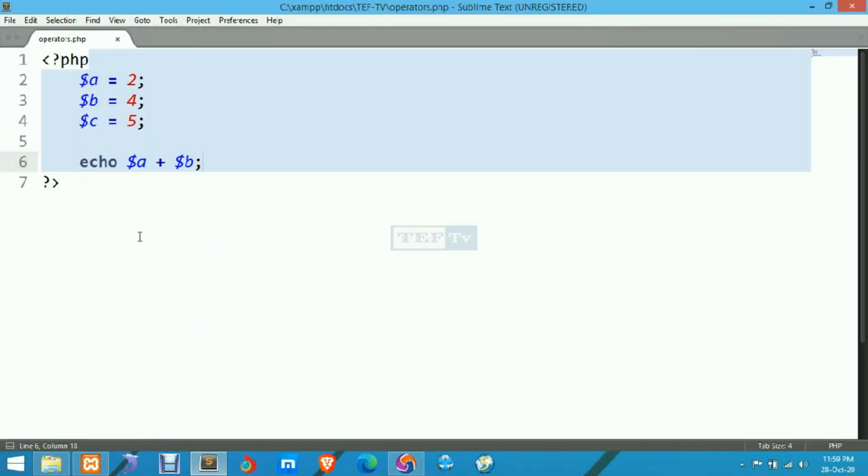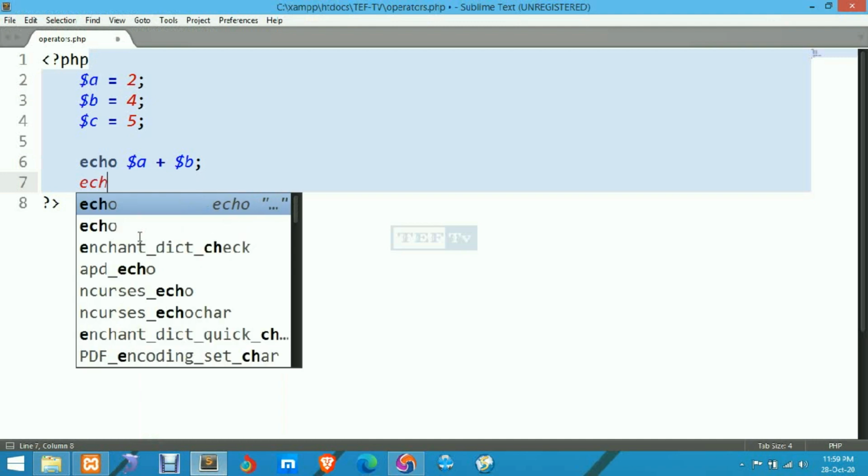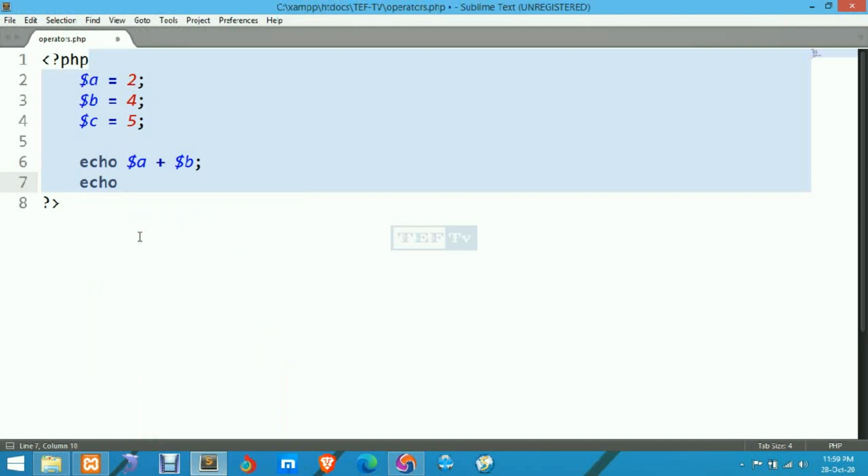Now if we are going to use different kinds of operators in a single file, then we must put a line break to understand the working criteria of operators. We are using an HTML tag BR for line breaking so that we can understand how the operations were performed. Now echo